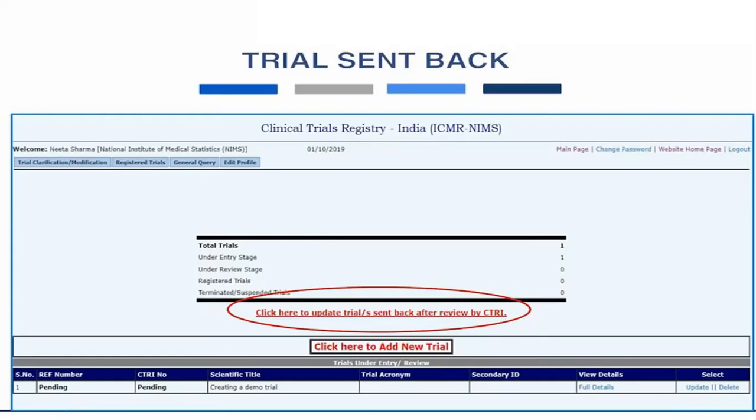If they find any information that is incomplete, they will send it back to us. So those sent-back applications you will find in this particular link. And here you can see there is an update button. If you click this update button, it will permit you to update the details. If you think the information which has been entered is wrong or not required, you can just go on clicking the delete button, so that